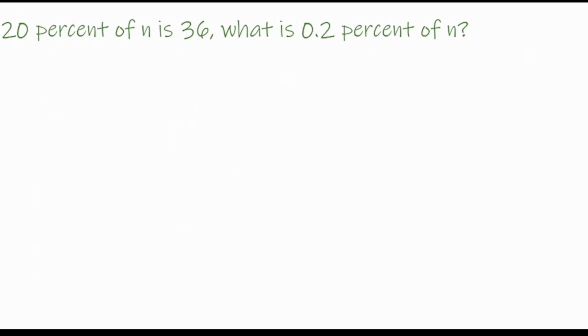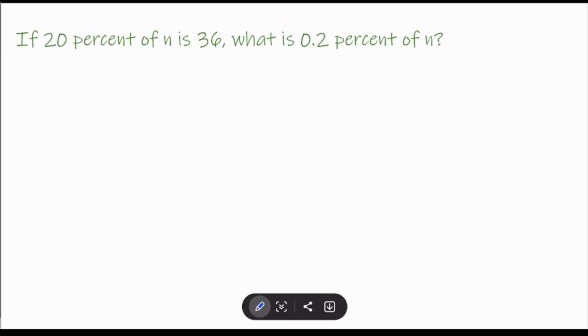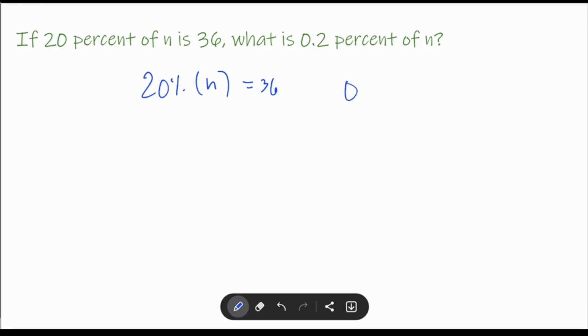Okay, so another problem. Let us try to solve this. If 20% of n is 36, what is 0.2% of n? So let's write this as an equation. 20% of n is 36, where "of" means times. We need to know first what n is. So 20% in decimal, we divide by 100. That's 0.20 times n equals 36. And then we divide by